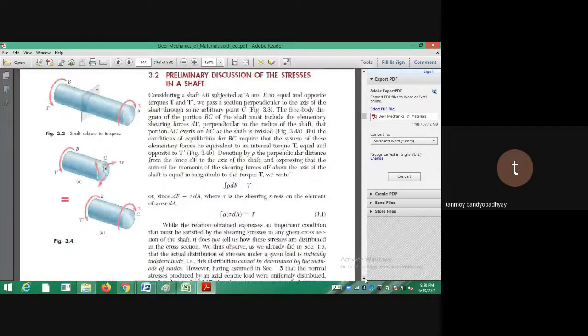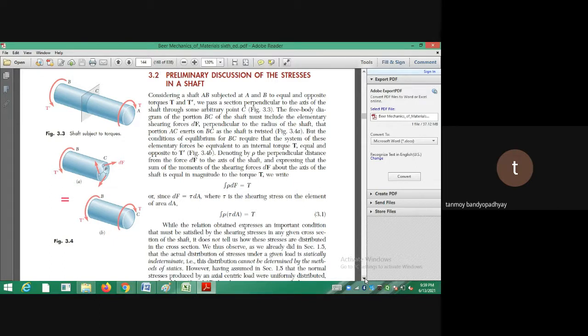So this is the discussion on the stresses in a shaft. I am discussing how the shaft is carrying the stresses. In order to find out where the stresses are getting developed, you have to take a cross section of the shaft. Stresses are getting developed along the cross section of the shaft. If you call the x-axis the length of the shaft, then on the YZ plane, what are the stresses being developed on the shaft?